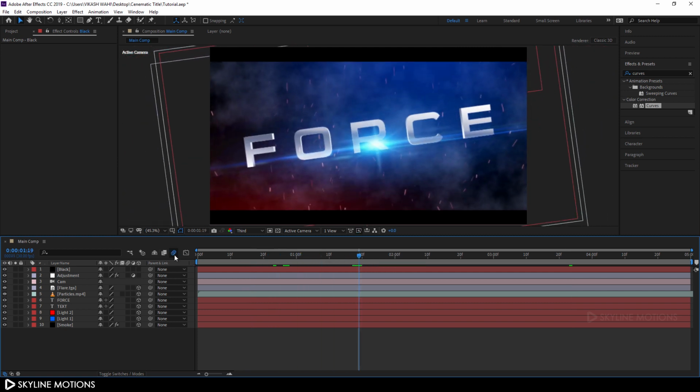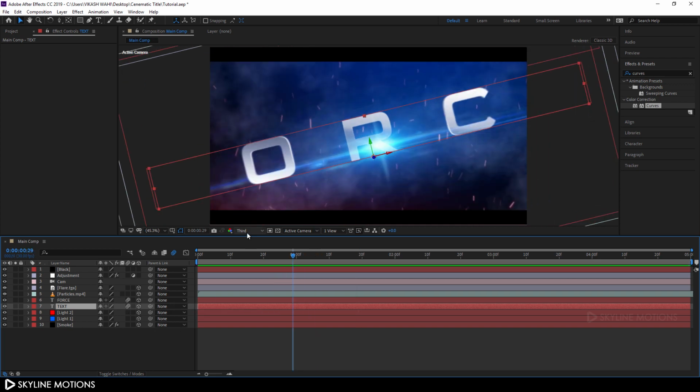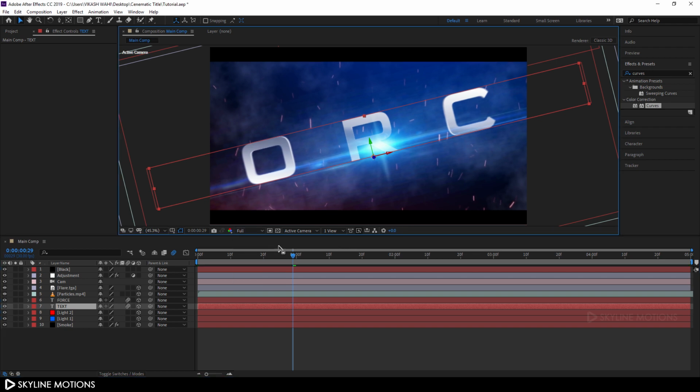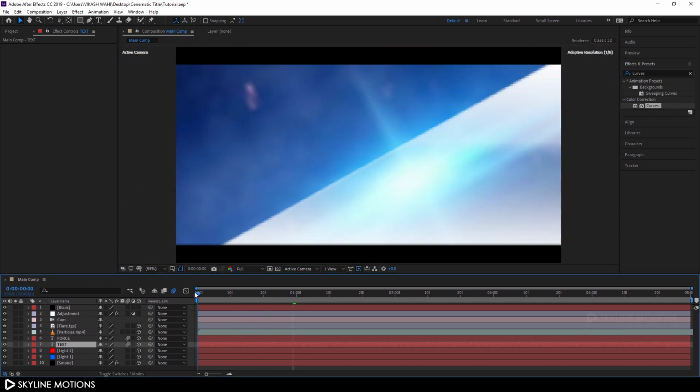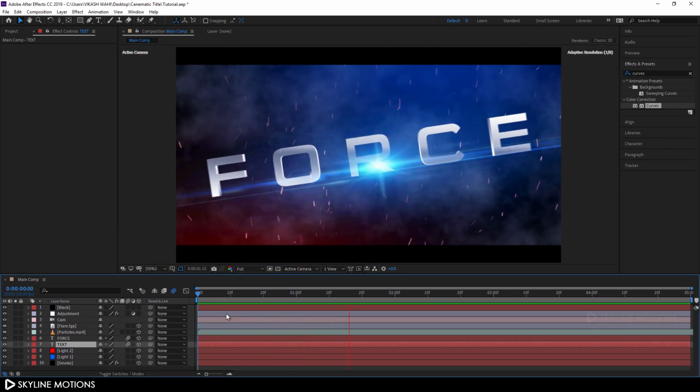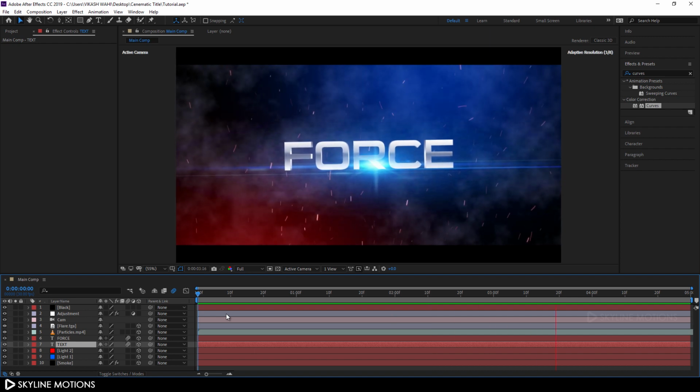So click on this motion blur button and let's enable motion blur for this text. Okay, alright, so it's done and let's change this resolution to full and let's check this animation. Alright, so it's looking awesome and that's all for this